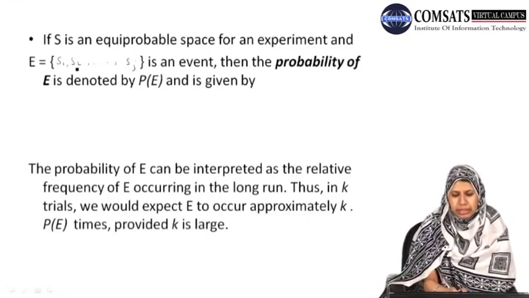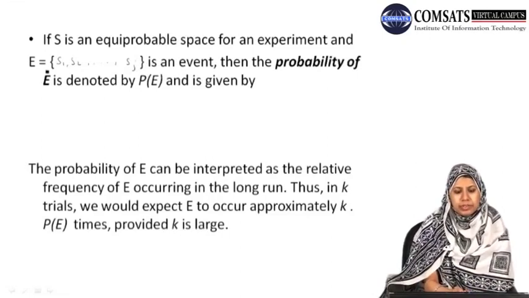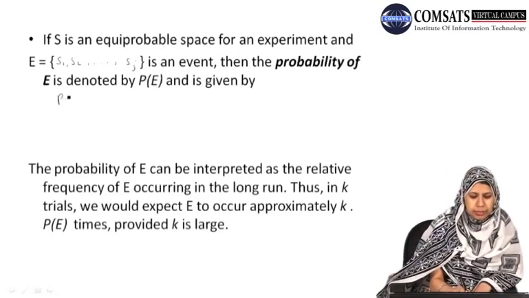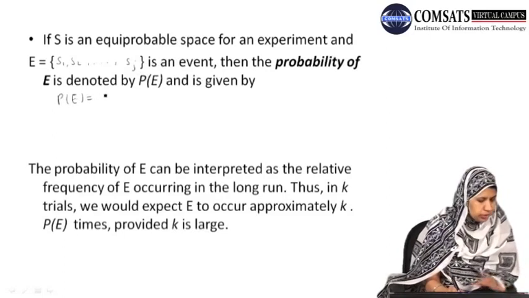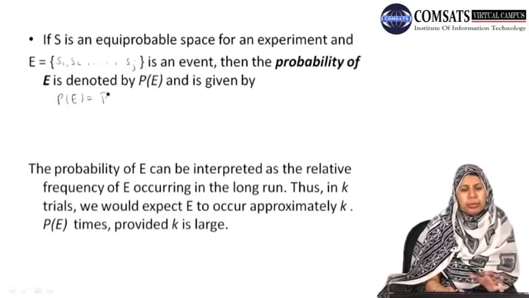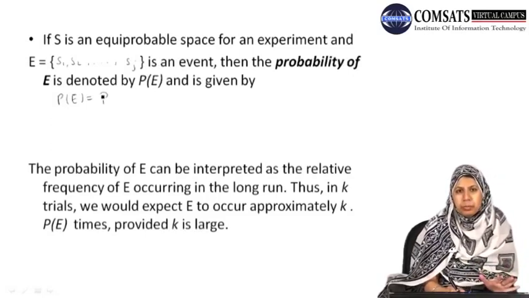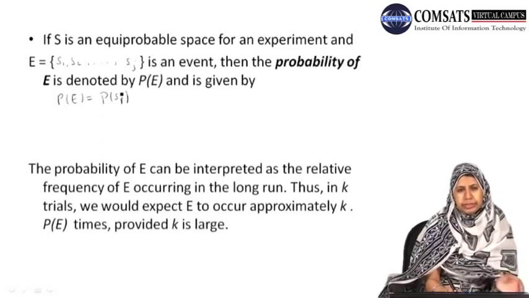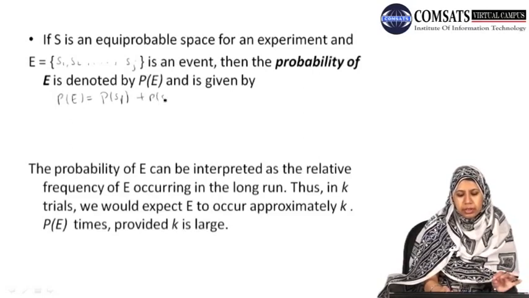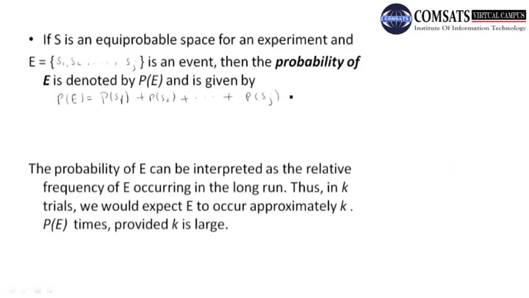Suppose this is our event E, then the probability of this event E, denoted by capital P of E, is given as the sum of the probabilities of all the sample points of E, that is, the probability of the sample point S1 plus the probability of the sample point S2 and so on up to the probability of the sample point Sj,